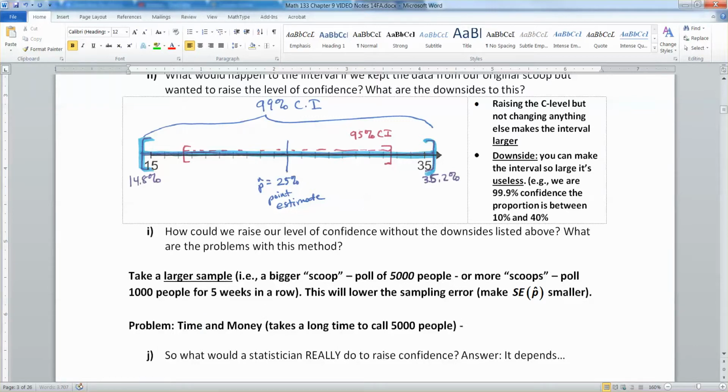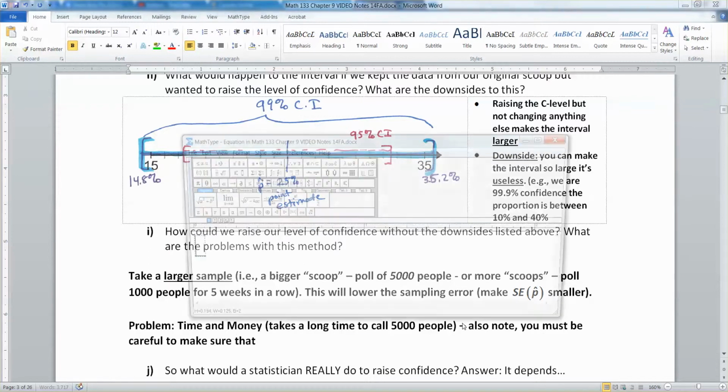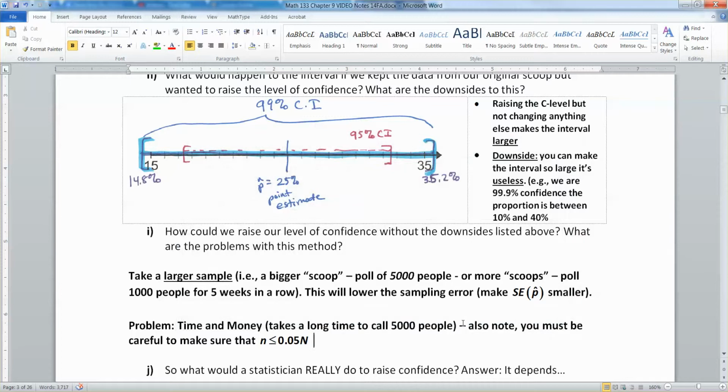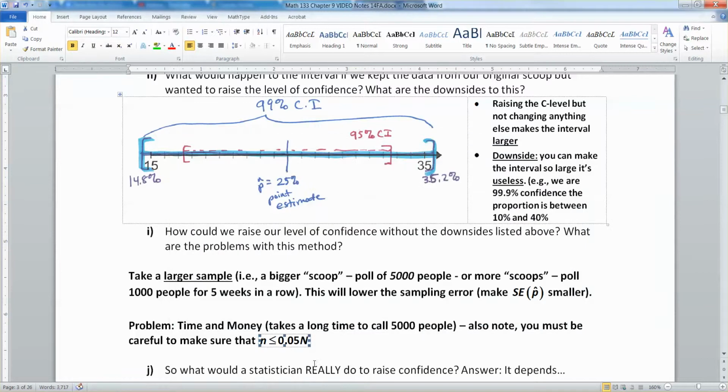The one thing you must be careful about, also note, is to make sure that n is less than or equal to 5% of your capital N, right? That your sample size is less than 5% of your population size. This isn't a problem for something like all US voters, because this number is so large that of course your little n is small. Not a problem. But if you're in a small district, for example, you wouldn't want to poll that many people,